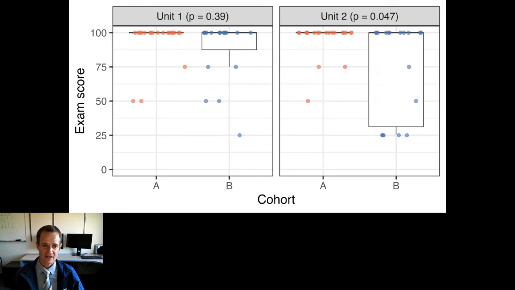two. In the second unit, we actually found that those who had access to the virtual assistant had lower exam scores overall than those who didn't have access to it. That may just be a function of a relatively small sample size. After we excluded people who did not consent to participate in the study, I think it was 30, 35 or a number around there of students whose data we were able to analyze.